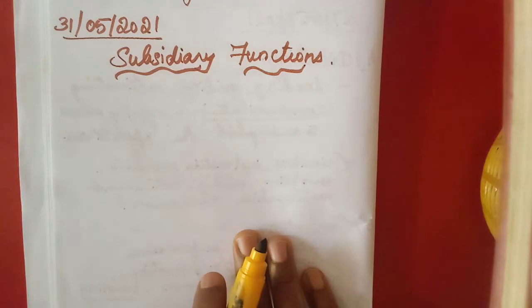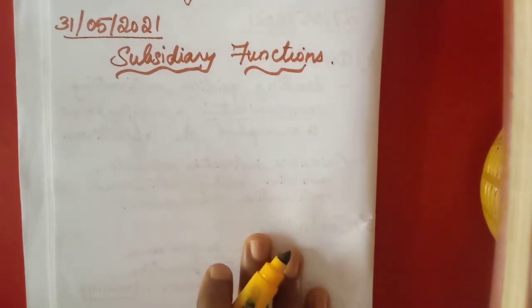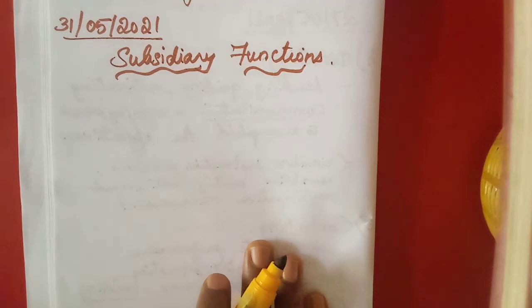Okay. Then the second function is organizing. Organizing means establishing a harmonious relationship between the workers and the management. That means all the members of the organization. So we can say it is assigning duties to the subordinates who are in charge of some work. Okay, who is given some work and who also has to get the work done from others. So that means we are allocating duties for each and every person in the organization.